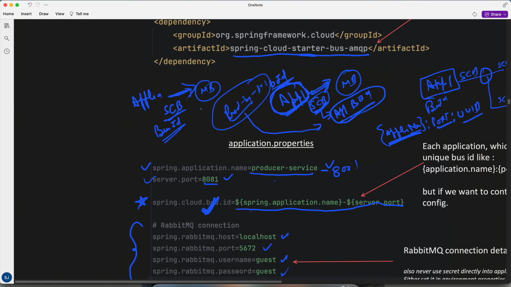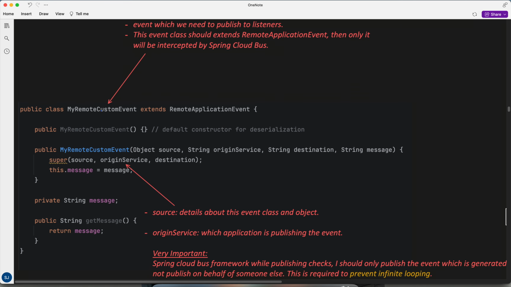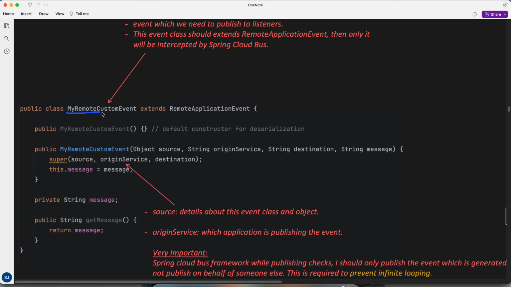So we have added the dependency. We have added the application.properties. Now this is my event which I need to publish. So you have a publisher which needs to publish an event to a message broker. So this is my event,